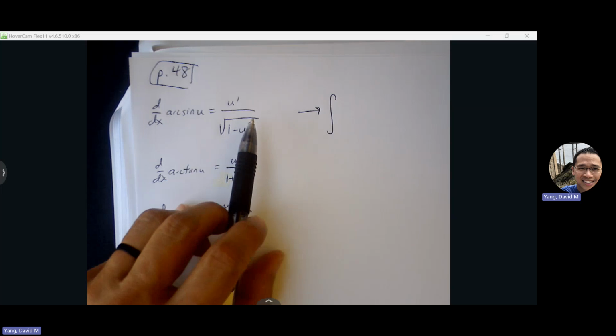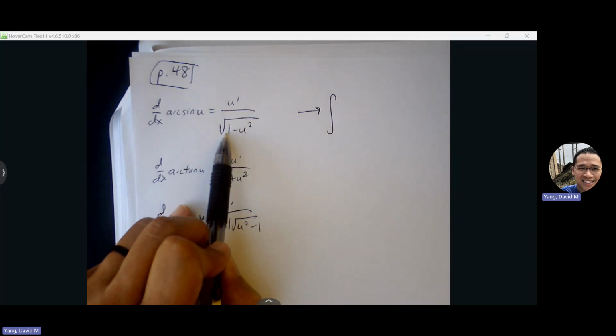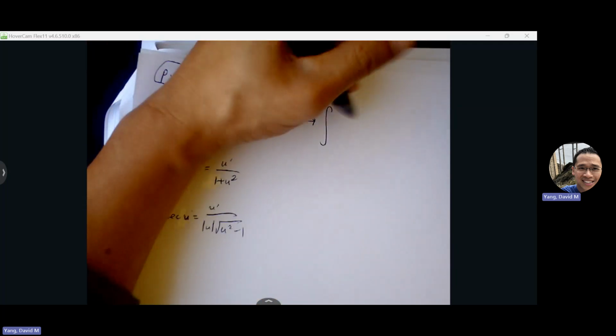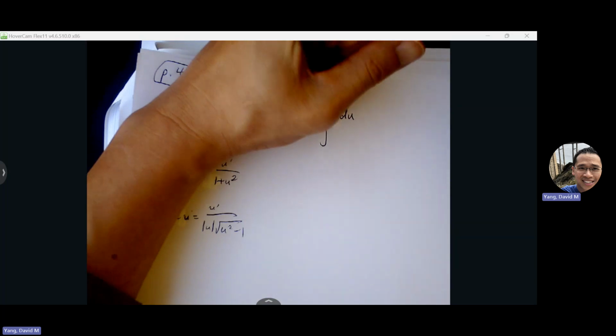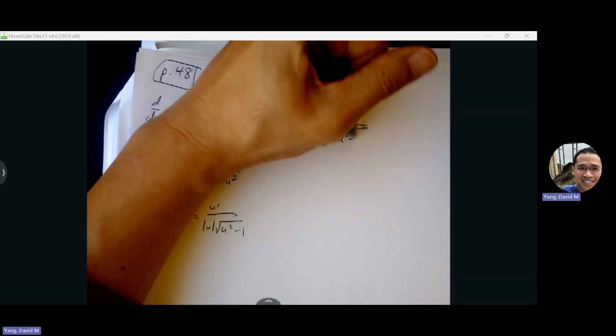Now, if we're going backwards, the adjustment is that the 1 may not always be a 1. It could be a 1, but it could also be another constant. So if I had a rule that looked like this, integral of du over square root of a squared minus u squared,